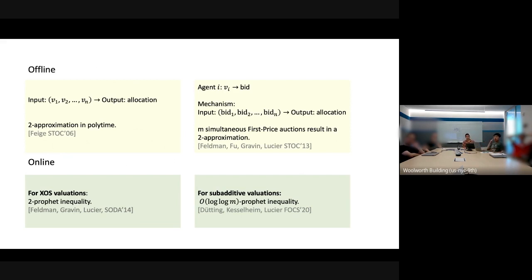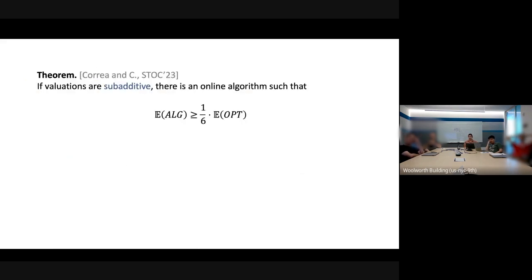Now, if you look at this picture, you will see that we have a 2, and a log number of items, right? So why is not the last one also a 2? And there was an important open question whether it was possible to do a constant factor profit inequality for the online case when valuations are subadditive, and we answered this question. We showed that there is a constant factor profit inequality for this case, and